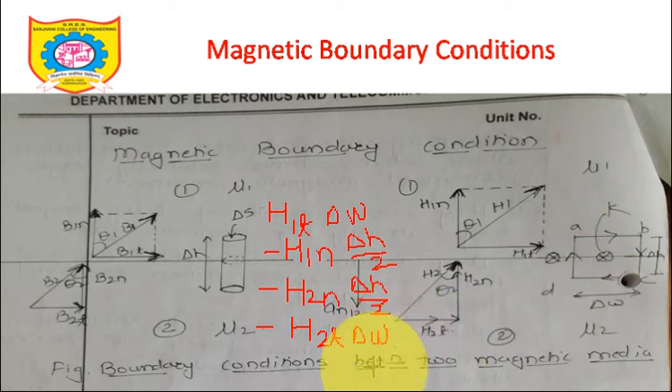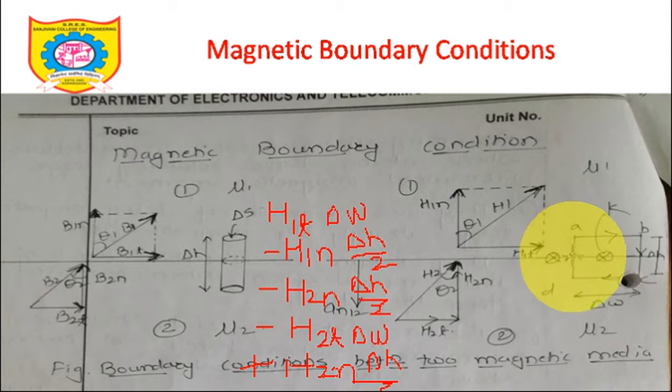So half of this segment I will write it here. Try to understand. I am traveling from D to A. I will find the component of H bar in region 2 which is going in the upward direction, or in the normal direction. So it is H2n. It is also going upward, and I am also traveling upward, so it will be plus now. Why plus? Because the direction of H2n and the direction of the segment DA, the traveling direction, are the same. So it will be H2n delta h by 2. Try to understand this, because I am having less space here. So H2n delta h by 2.